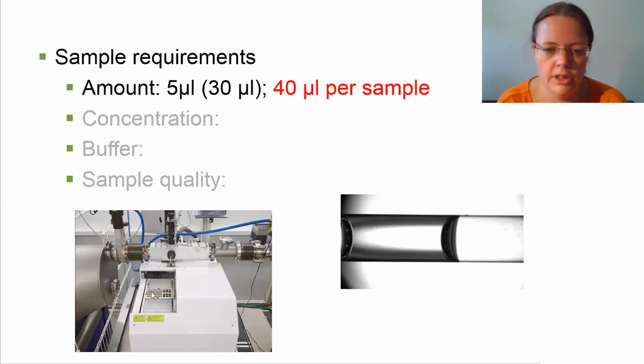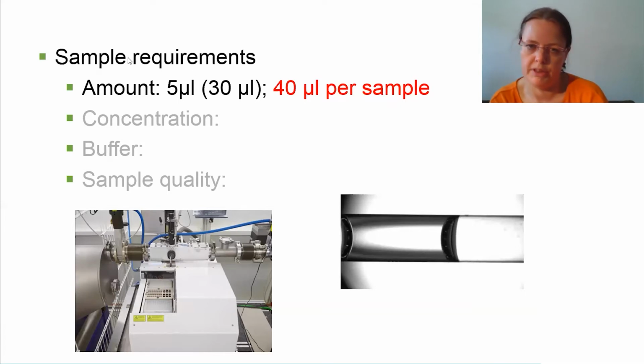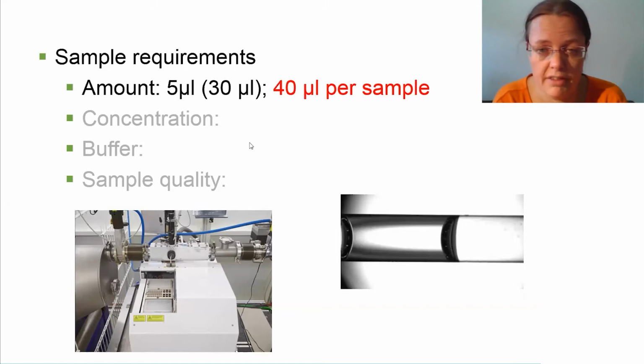So basically what you need is to know how much sample you need to fill this capillary when we're talking about sample requirements, referring to the amounts that you need. If you have enough sample, and if you're not fighting for every microliter, we normally suggest around 40 to 50 microliters per sample. We then load up to 30, 40 microliters, and that's normally sufficient to get you a good data set. If you're really limited, you can go down to 5 microliters per sample.